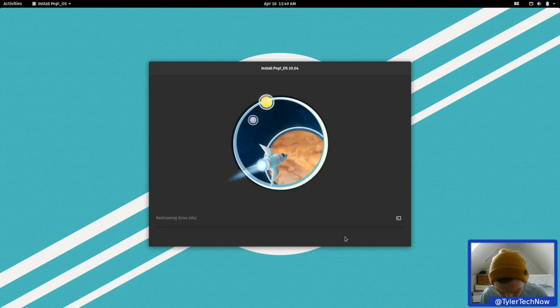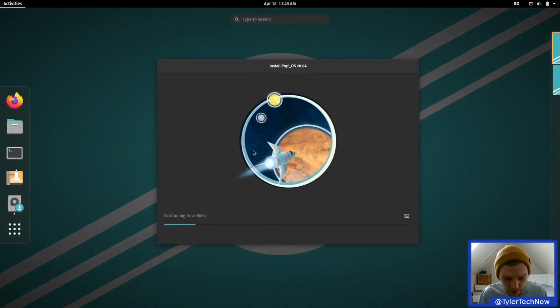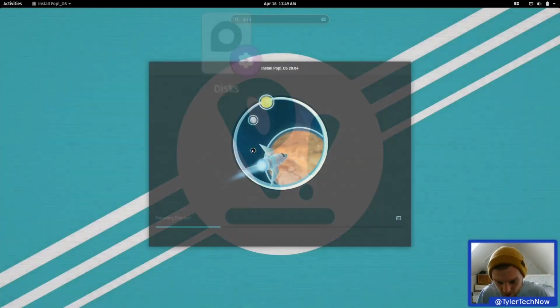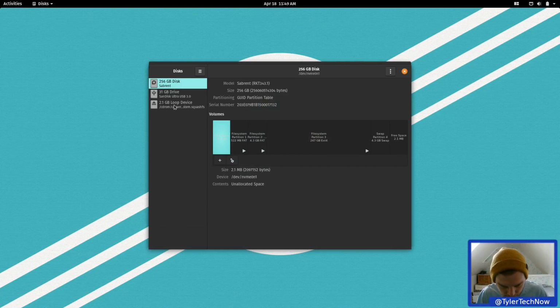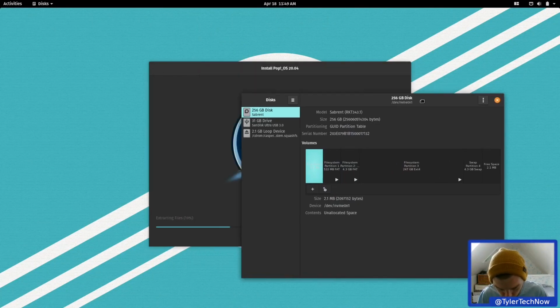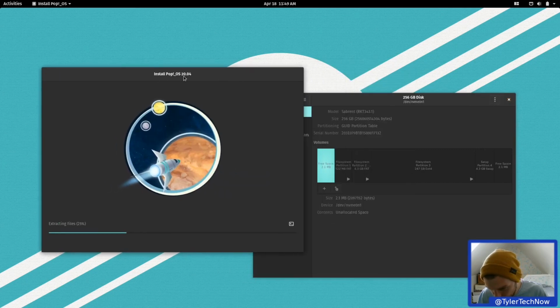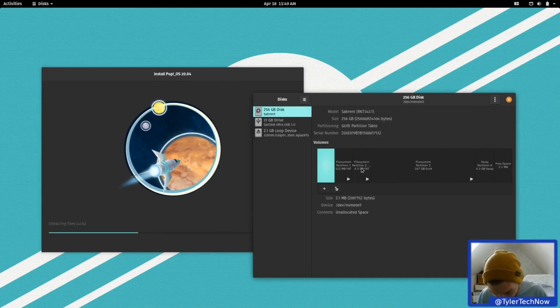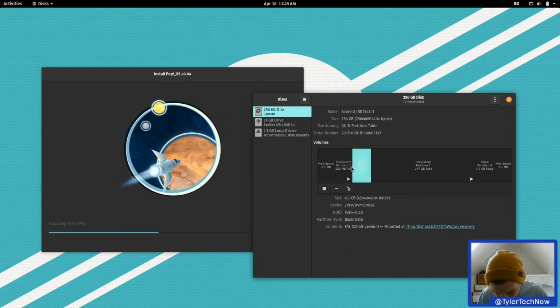Right, so it's partitioning the drive. Does it tell you how it's partitioning the drives though? I wonder if we can open up disks or something. Right, so what have we got here? It gives us a swap of 4.3, our main partition of the rest of it, and then we've got another partition here which I'm going to imagine is the recovery partition. Yep, as you can see there it says recovery, so you have a recovery partition